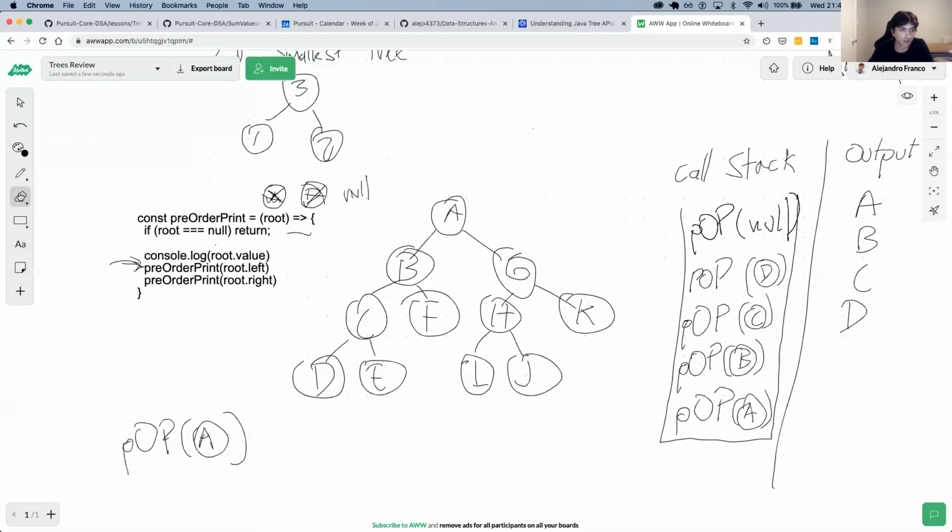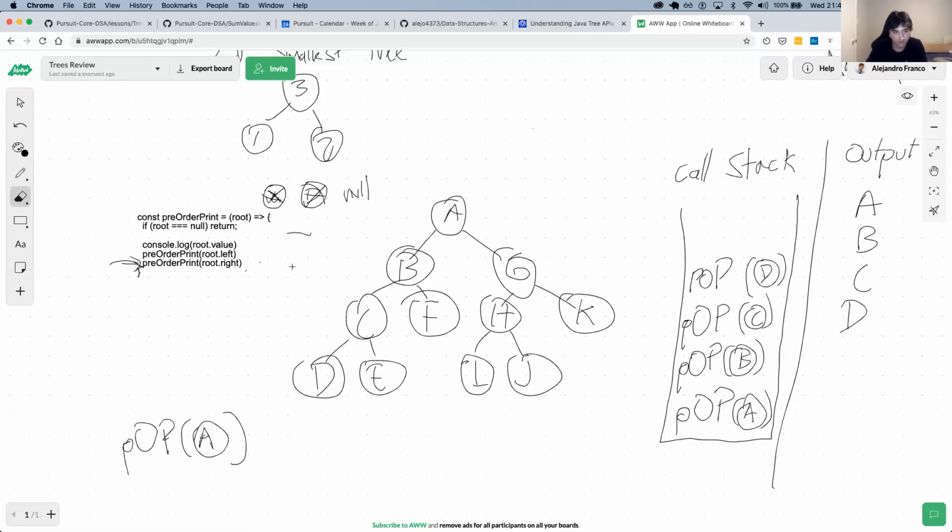Maybe I can use this eraser. So on the left of D, it returned null. On the right of D, it returned null. Now the call for pre-order print D finally finished.